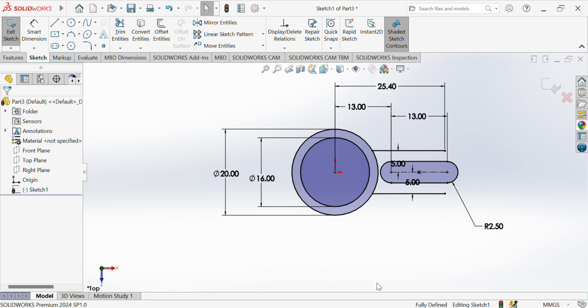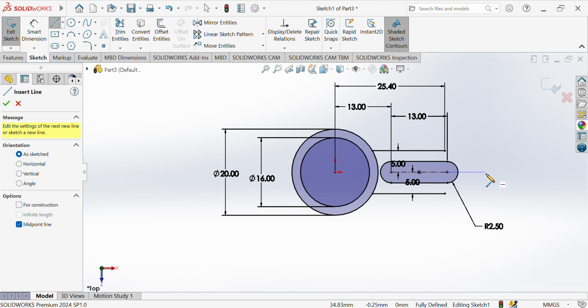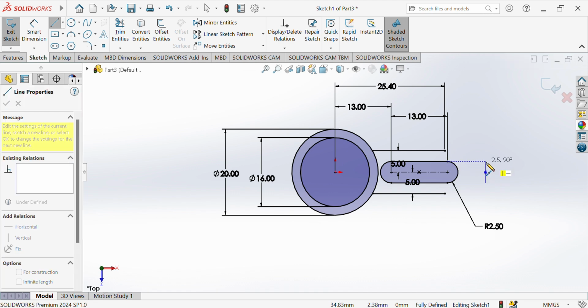So the next thing you do is, let's use our line to a midpoint line so that we can easily follow this central line, because each thing we're told is that they just give us the length from the center to that point, just the full length. So let's just draw a central line like this, then take our normal line tool,